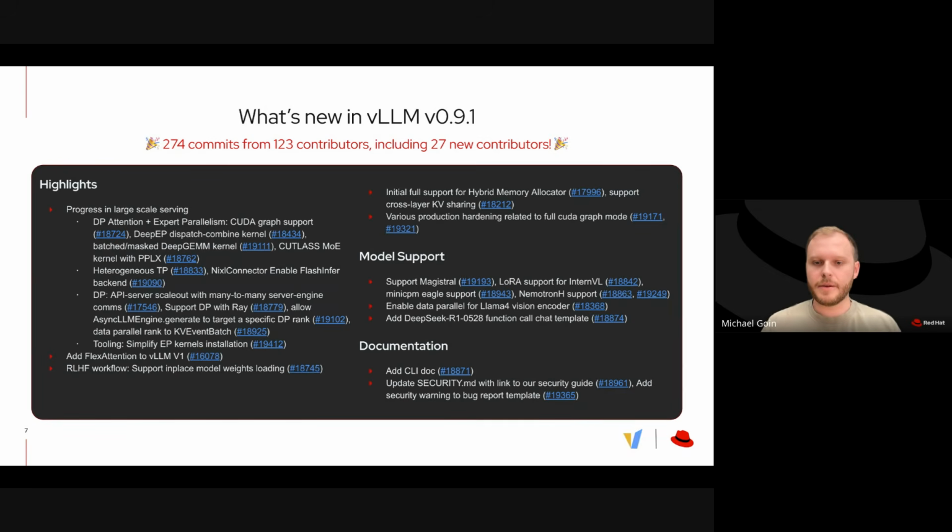And then, we've had simplification to setting up the optimized kernels for expert parallelism, like the Perplexity kernels and the DeepEP kernels from DeepSeek. We've simplified this and made this much easier, so you don't need to build things like GDRCopy from source and things like that. A key attention backend that's been in the